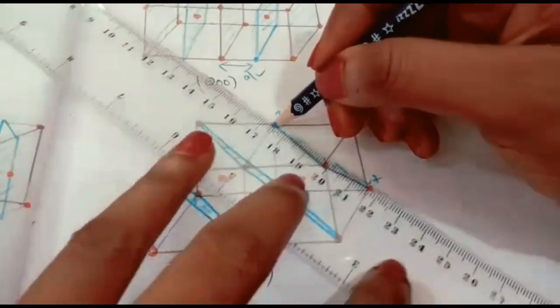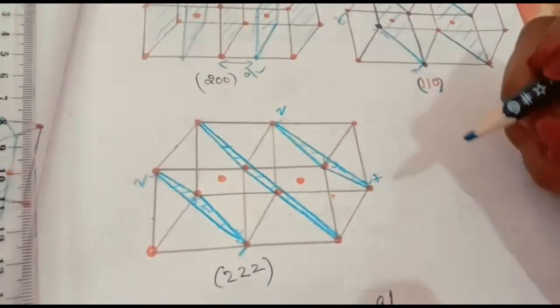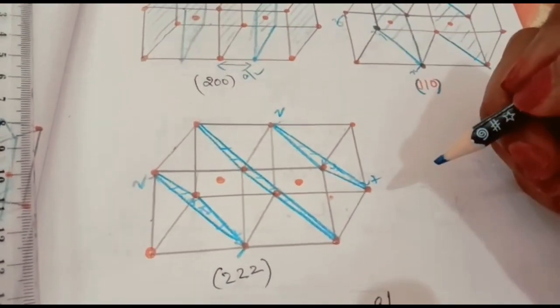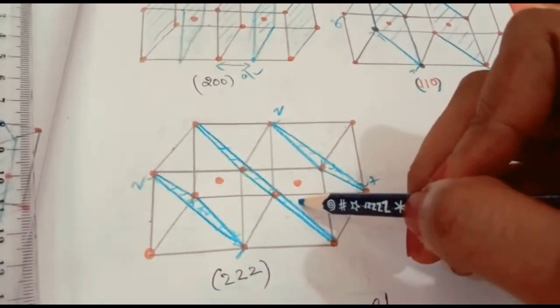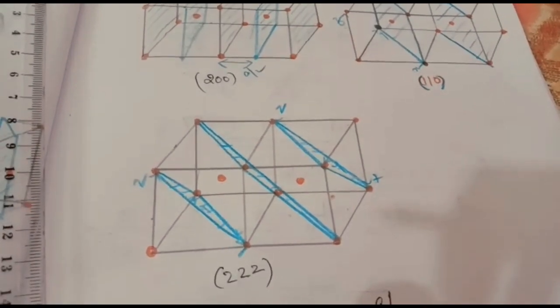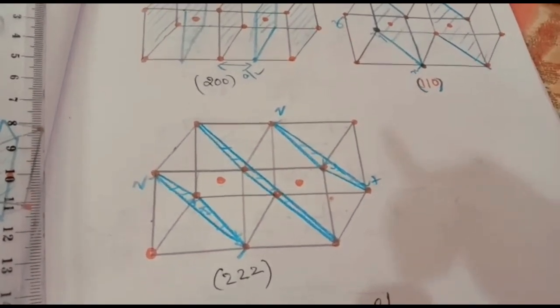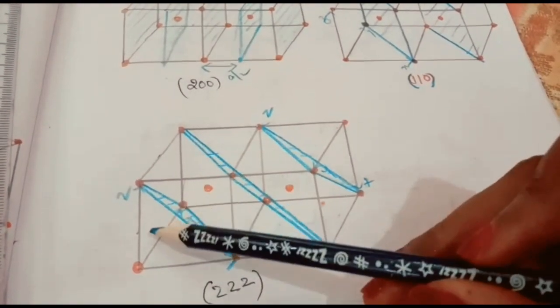See this one and here. So this one is for simple cube. Now we will see whether all the atoms are included. No, it's not included. Why? Because here the central atom is there. So what we should do? We should include one plane in between this. Understood? So we should include parallel planes in between these two planes.